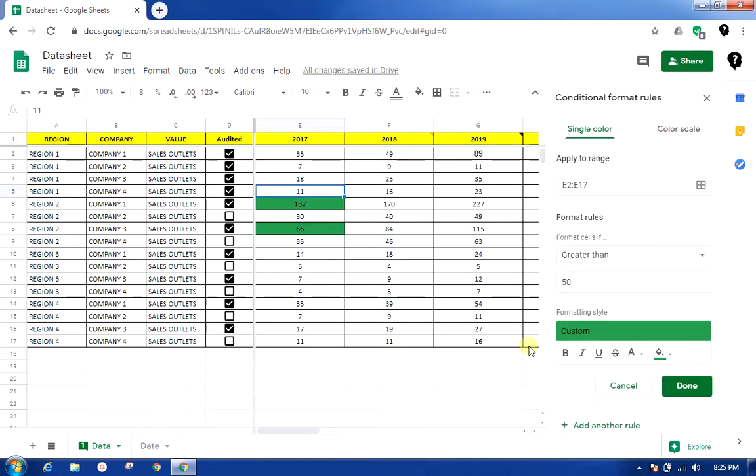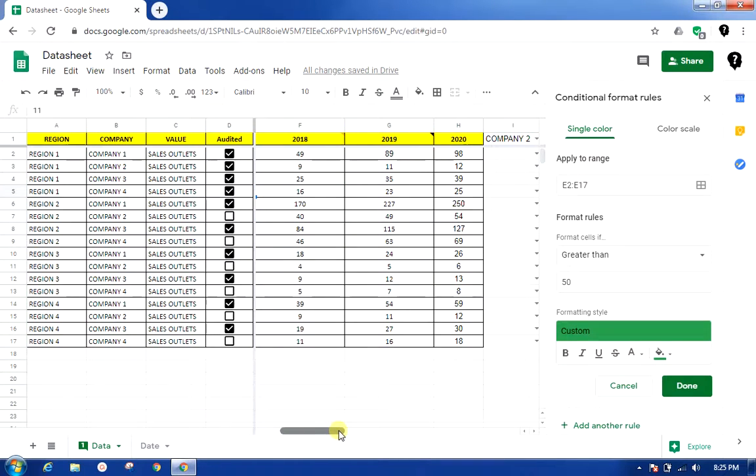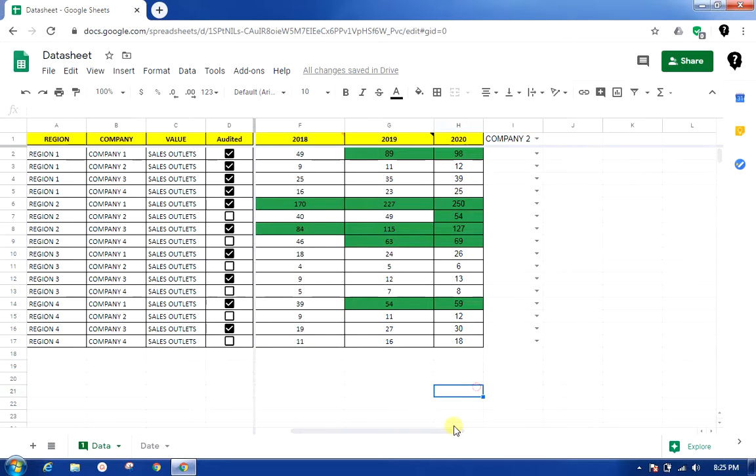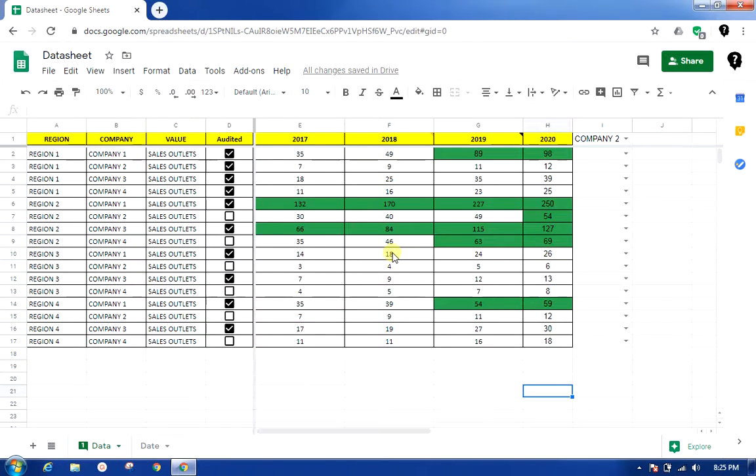So that is another way. For example, from E2 to H17. So E2 to H17 and done. So this is another way of extending your conditional formatting to the other cells.